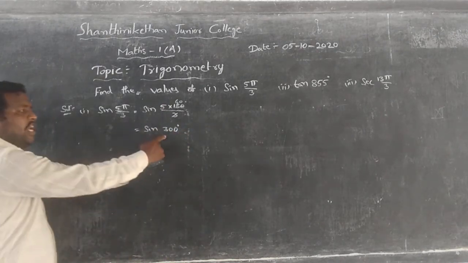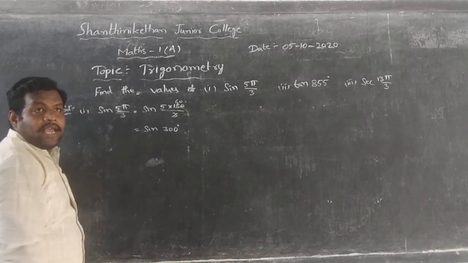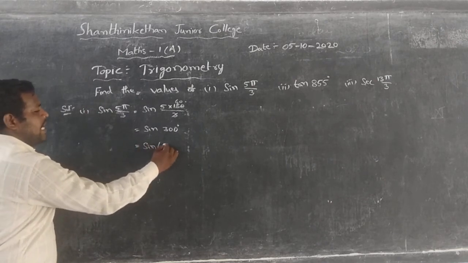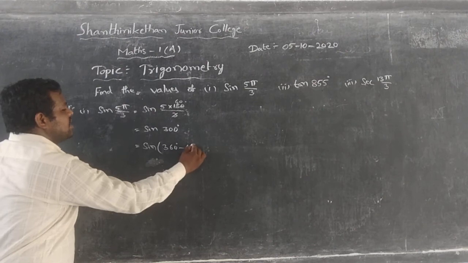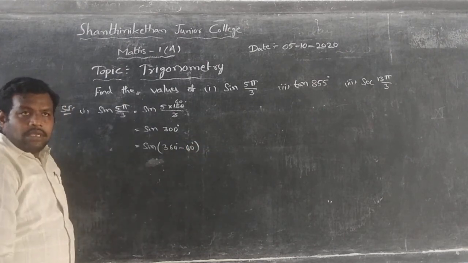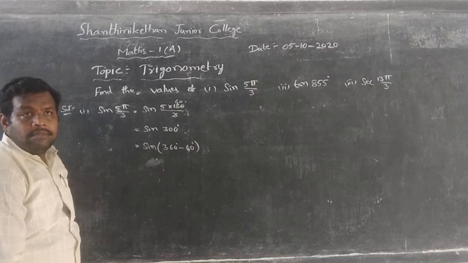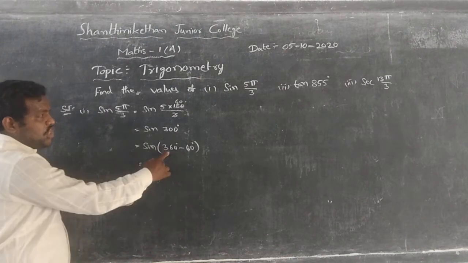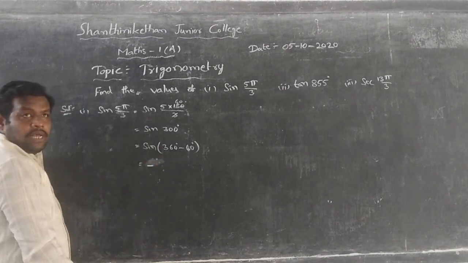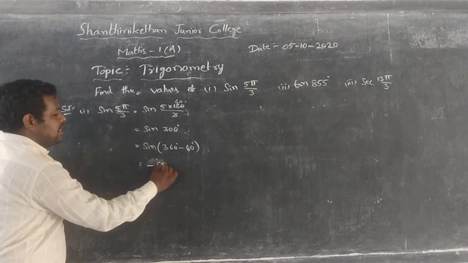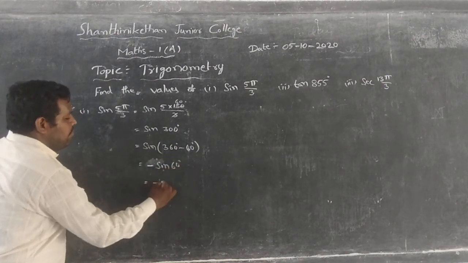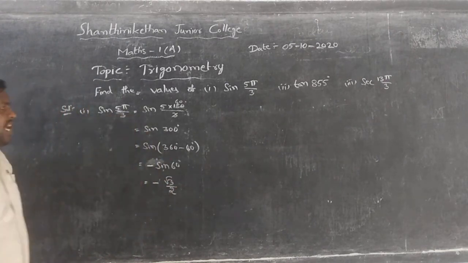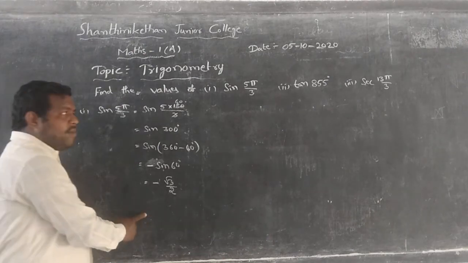We don't know the value of sine 300 degrees. We know the values of only quadrant angles 0 to 90, so these angles can be changed by using related angles. 300 can be written as 360 minus 60. 360 minus theta is in which quadrant? Fourth quadrant. In the fourth quadrant, sine is negative. 360 minus is an even multiple, so ratios will not change. So sine 60 degrees. What is the value of sine 60? Root 3 by 2. So sine 5 pi by 3 value is minus root 3 by 2.